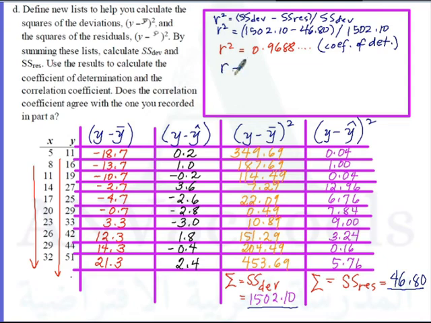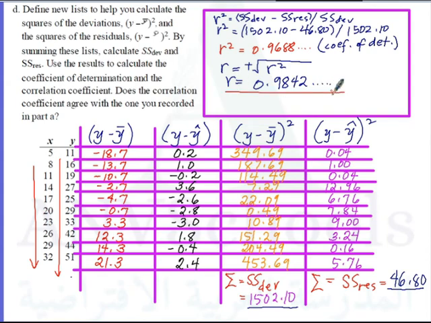So r is the positive square root of r square, and positive because our data is increasing. Okay? And the coefficient of correlation is 0.9842,